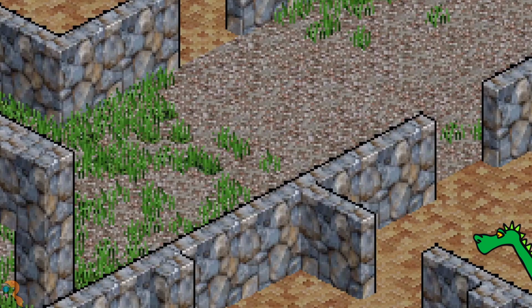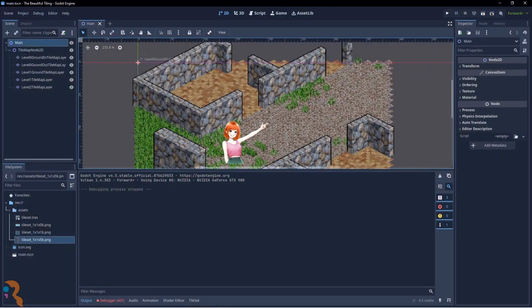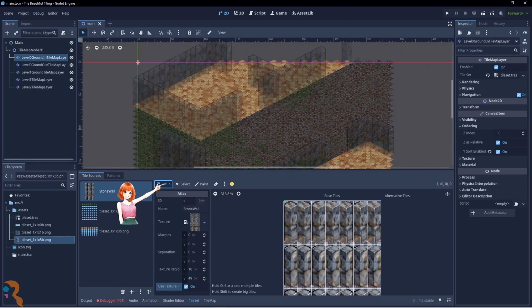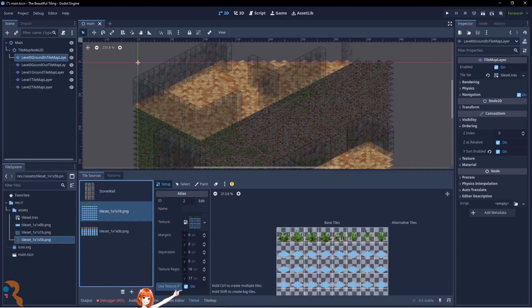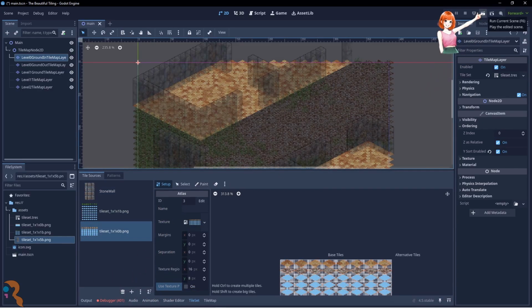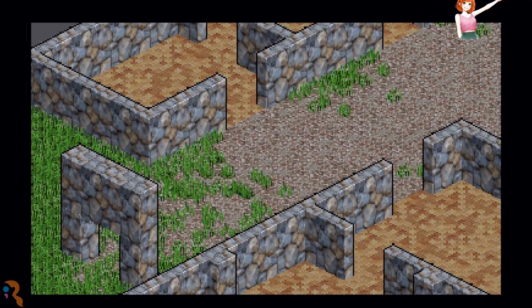What are those things? Okay, it's all right. Don't panic. I think I know how to fix it. It's probably the texture padding. I just need to disable it and everything will work.